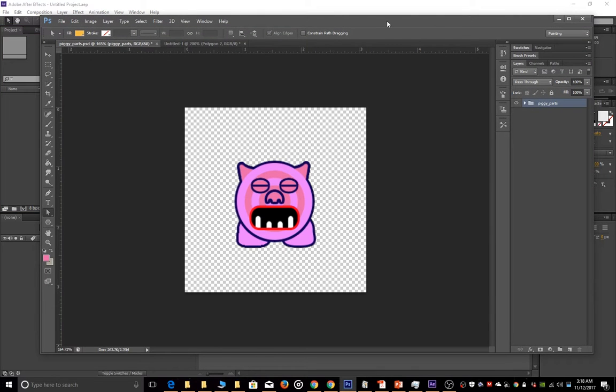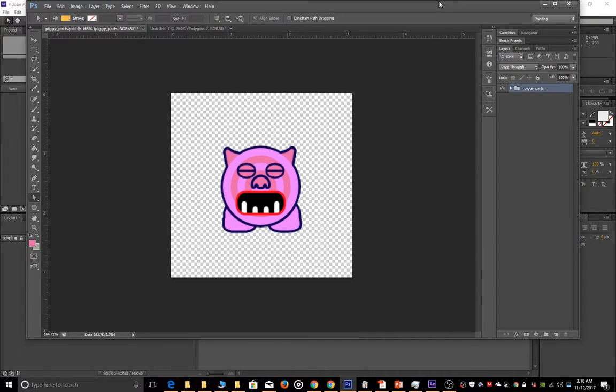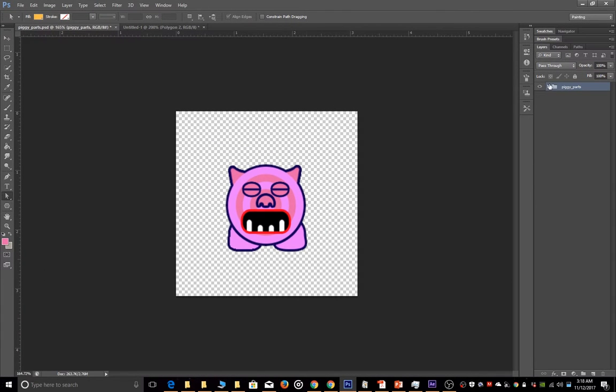So I've got this sort of puppet set up here for a pig that I made a while back. Sort of a sprite character that I thought would be good to use as the material for the demo. So what you want, if you wanted to follow along, is you want this kind of setup